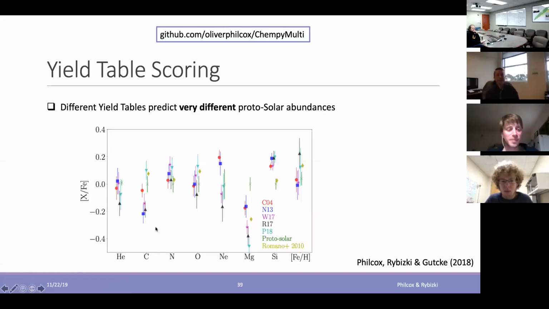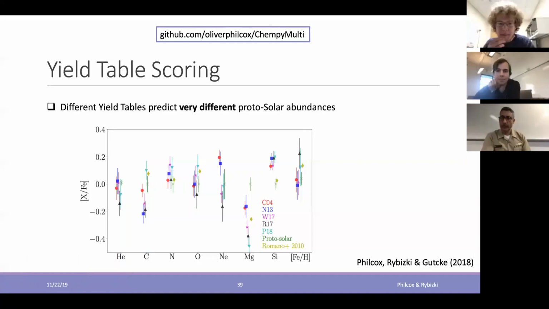Actually, this is Rick out of the Naval Academy. I do have a question. When you were going through your IMF parameterization, you were looking at a standard -2.3 slope. Can you model other IMFs? I'm interested in the POP3 IMF, which some folks think might be a log normal model. Is that easy to implement? Yeah, that's actually incredibly easy. That's the sort of thing that can be implemented in about 10 minutes.